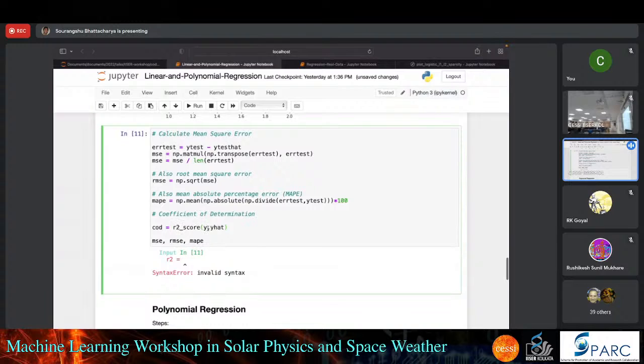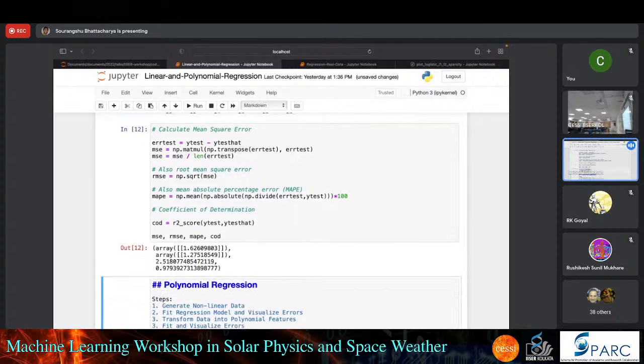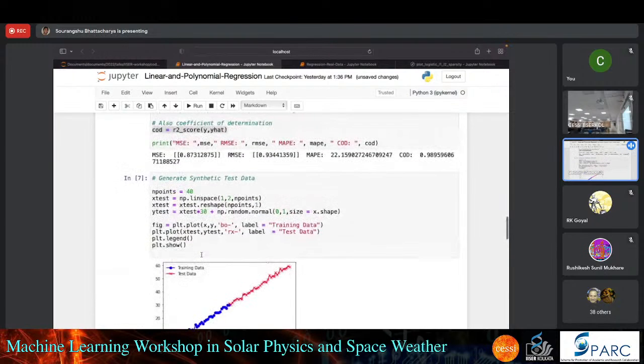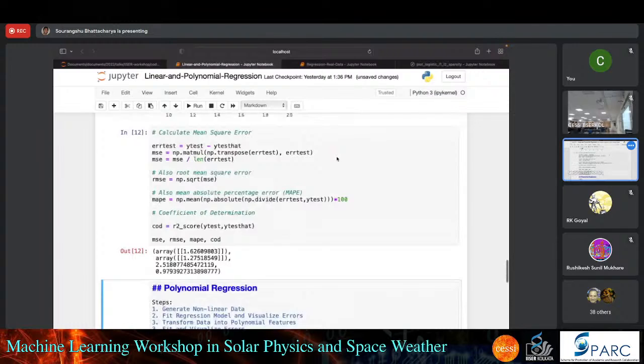I have to pass y test and y test hat, and then print the coefficient of determination. So you see everything has gone down a little bit. Earlier the MAPE was about 22%. Now for the test set,